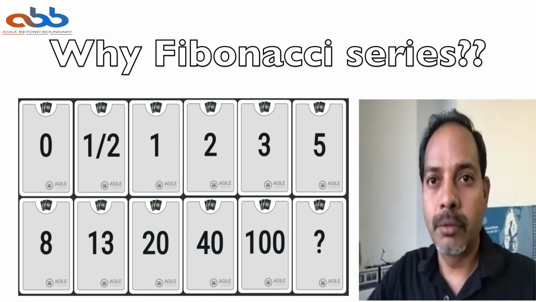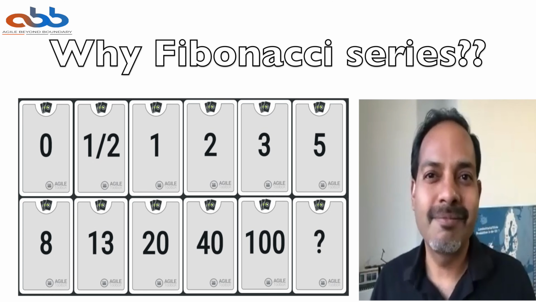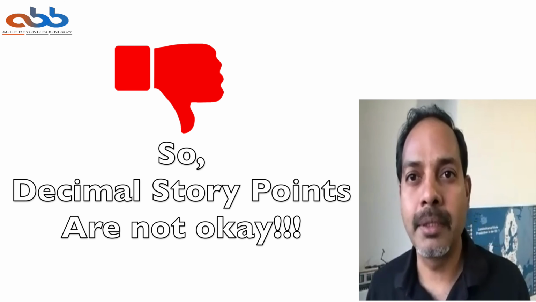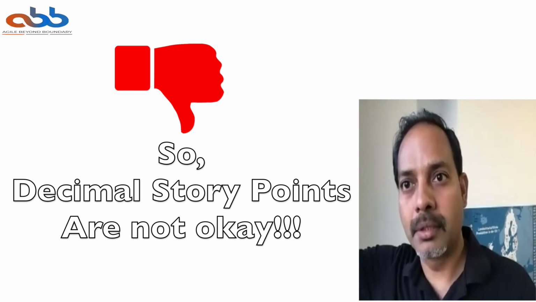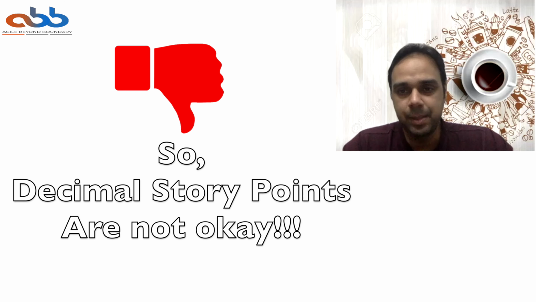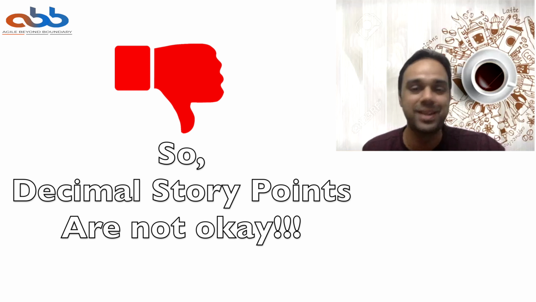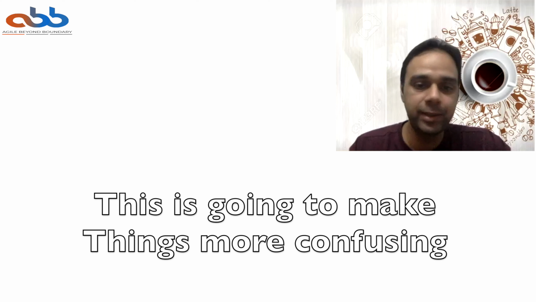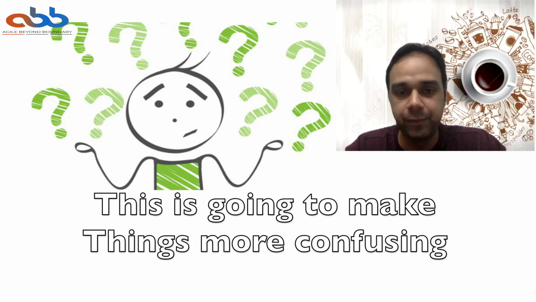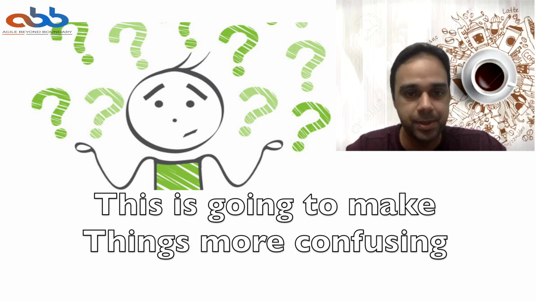So if we are measuring complexity, where does precision come in? It's about these different levels. And it's about relative estimation between the stories themselves as well. There is no way you can say one story is 2.57 points and another is 2.62 points. You'd have to bring in another unit of measurement if you had to do that. And then it defeats the whole purpose of having a simple thing like story points estimation.